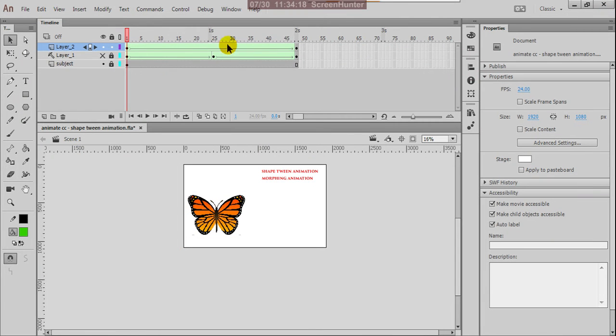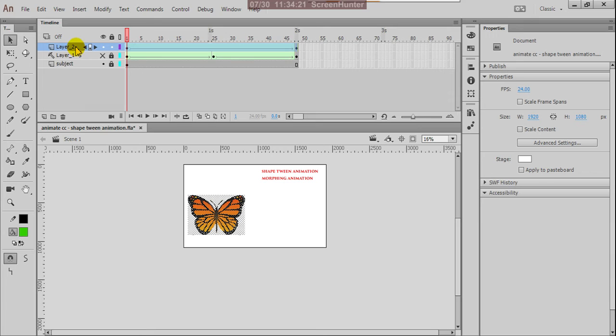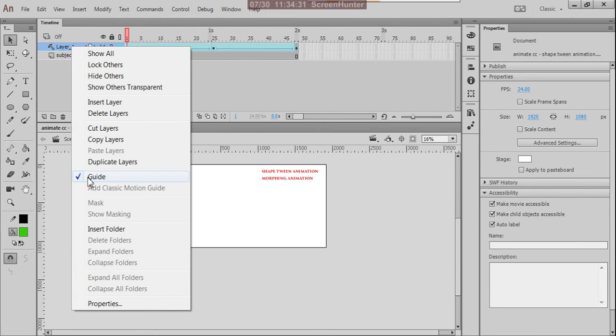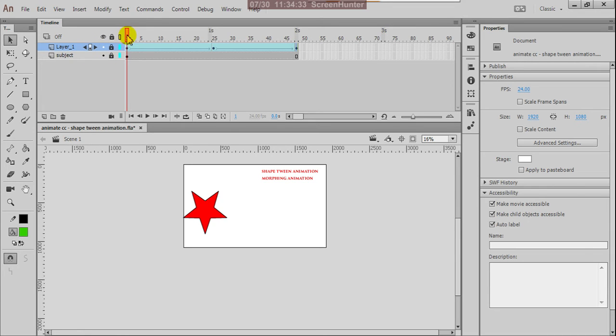So that is the reason I am telling, don't try with objects. You cannot shape tween, particularly with your images. Okay, so it is possible with shapes. That is the reason for shape tween, you draw whatever shape you want with the pen tool, and can create by the drawing tools. So you can easily mark. The same way you can use it with text also.